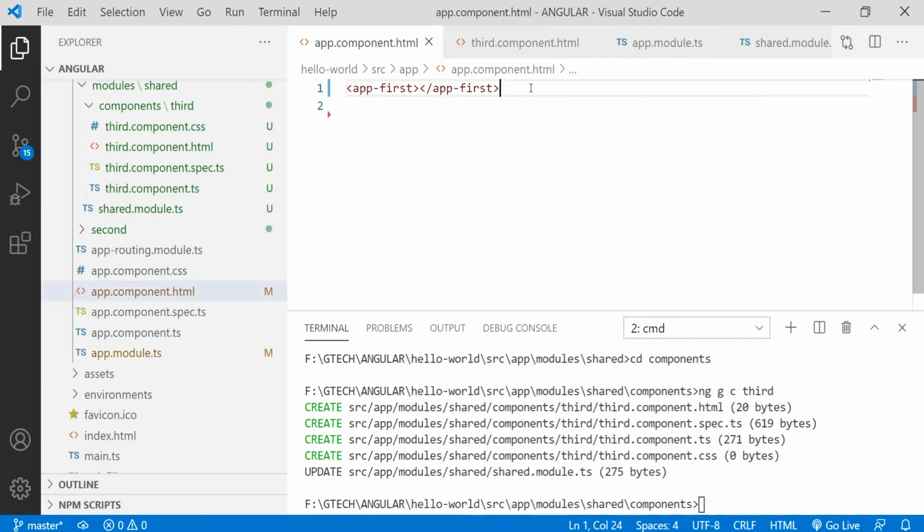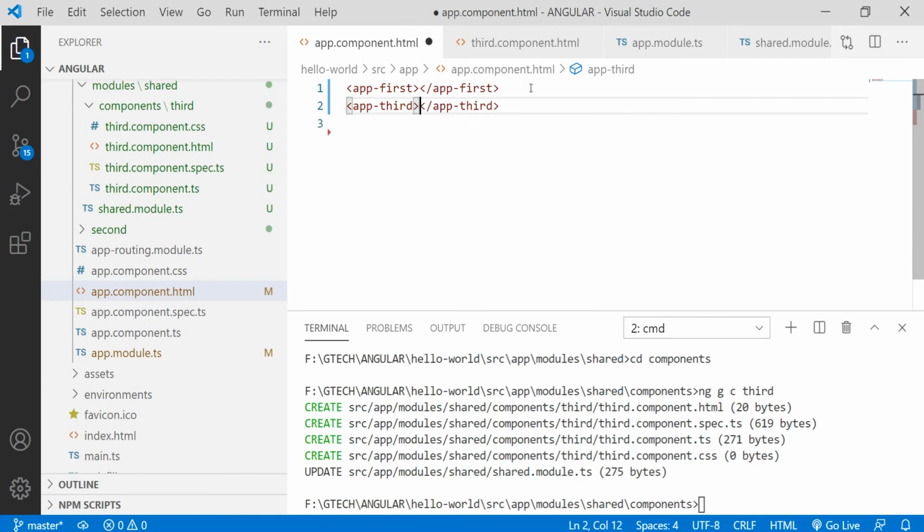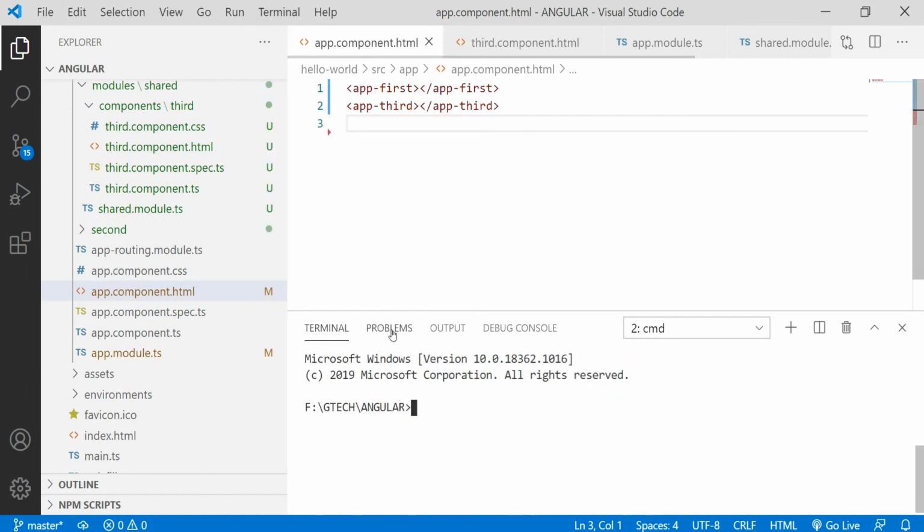Let me add this as a second line. Perfect. All the required changes are done to achieve the desired output. Let us start the server in a new terminal.